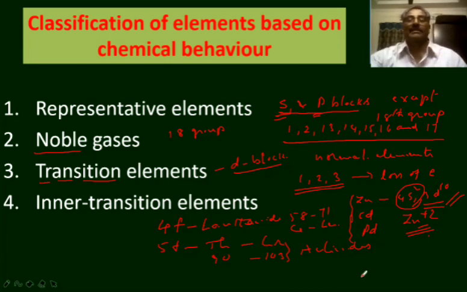These are kept at the bottom of the periodic table in two rows, but the position of these elements is the third group in the periodic table. Lanthanides belong to the 6th period and 3rd group, whereas actinides belong to the 7th period and 3rd group. In the transition elements, the valence electron will be in the d orbital of the penultimate shell. In the inner transition elements, the valence electron will be in the f orbital of the antipenultimate shell.